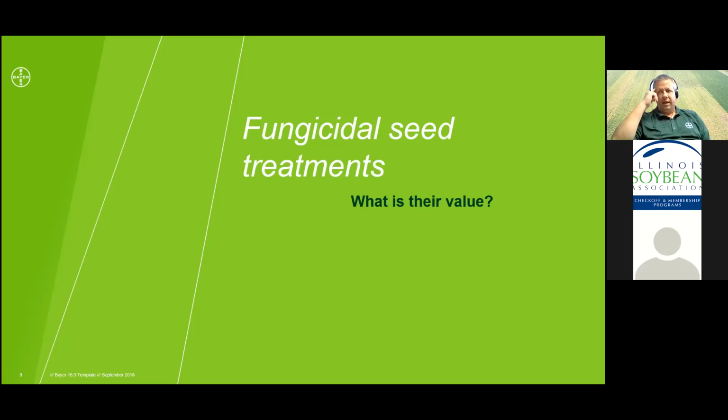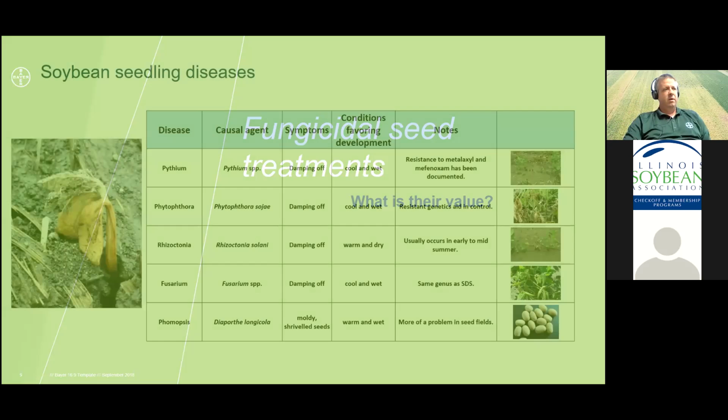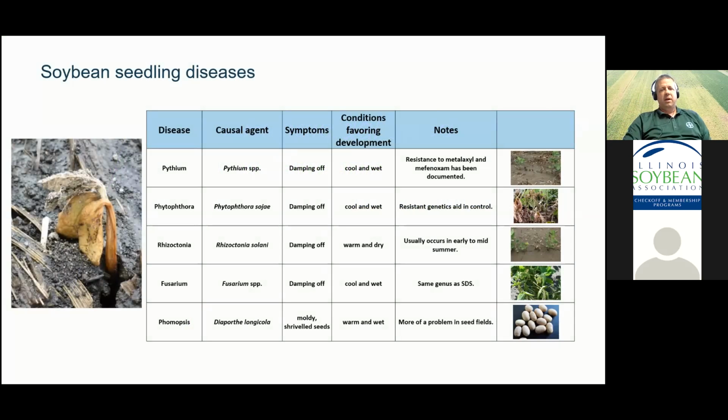In a lot of cases, we've planted soybeans as early as the beginning of March, early in April. In some cases, they sit in the ground for a month and a half before they emerge. And it's really critical that we protect them from all those pathogens that are down there in the soil at that time. So I'm not going to spend a lot of time talking about the different diseases that we see,